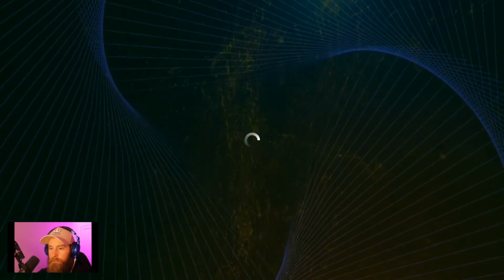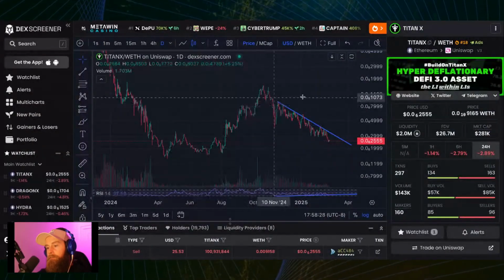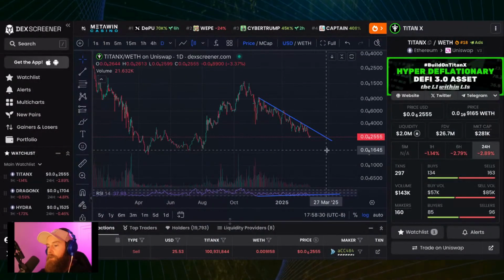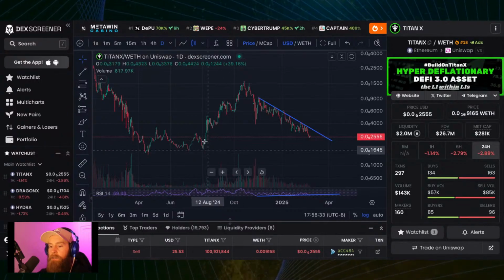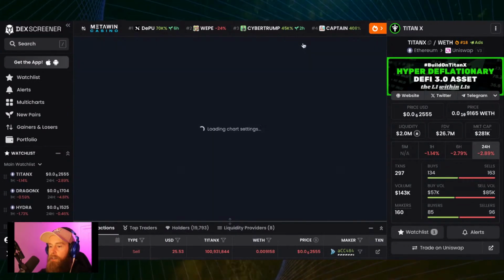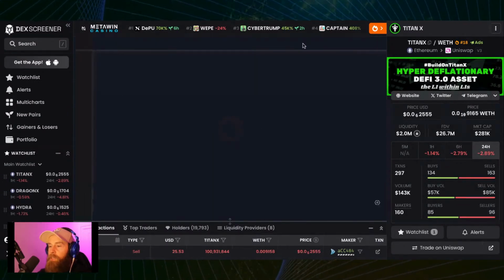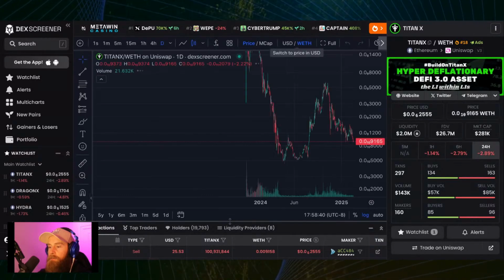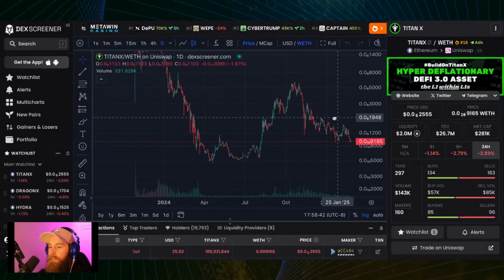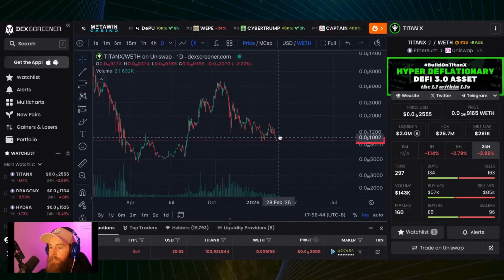And remember, guys, when it comes to this ecosystem, let me just share this. I realized I wasn't sharing my screen when I was talking about the price. So we're kind of just going down. We're just chilling. We're coming back down to this all-time low area here. But if we look at the wrapped ETH chart, it tells a different story. It's kind of looking like a double bottom here.